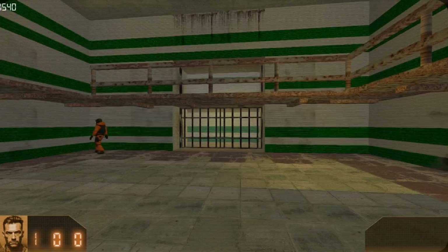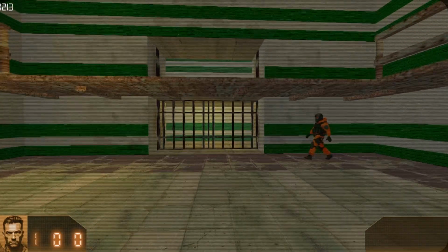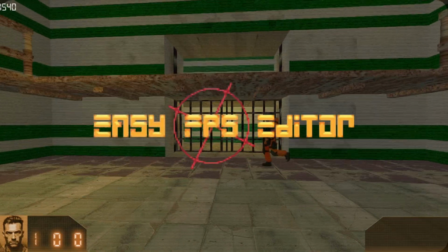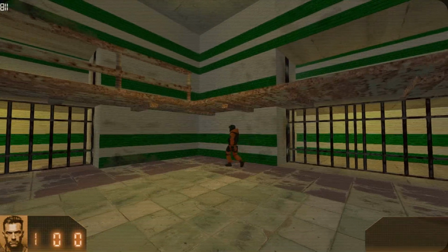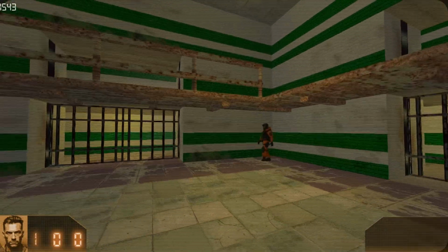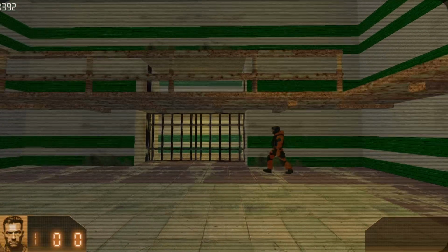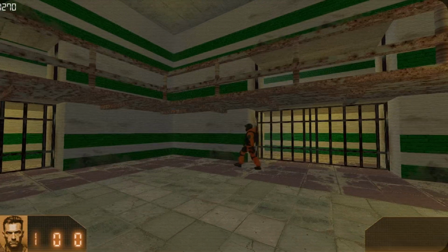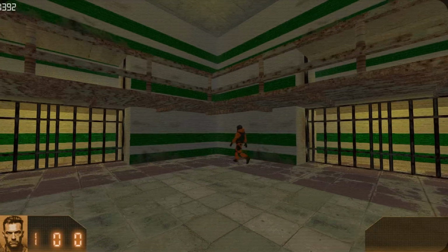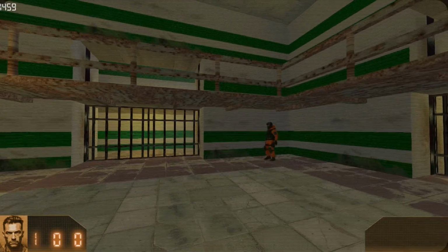Today we're going to look at a simple but powerful example of what is now possible inside Easy FPS Editor, using 3D character models, the move function, and a little bit of classic game dev smoke and mirrors. With this setup, we can create enemy patrols, animated NPCs, roaming characters, and even stealth-style encounters, all without changing engines